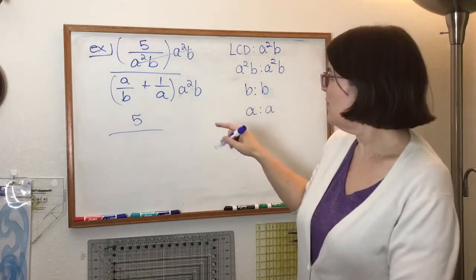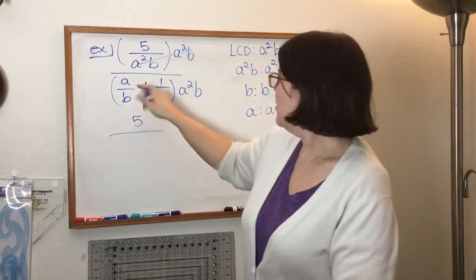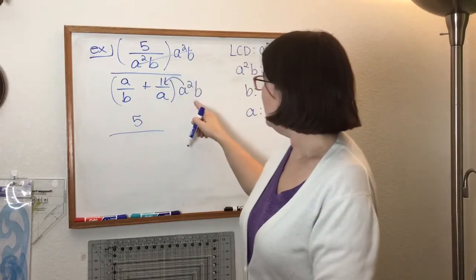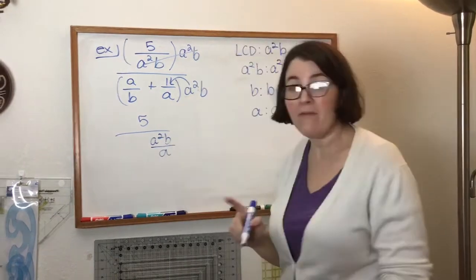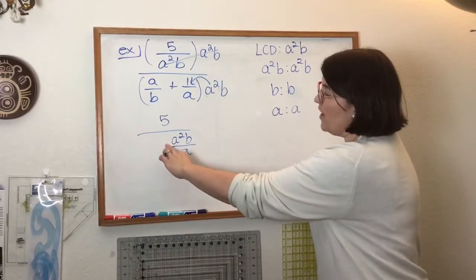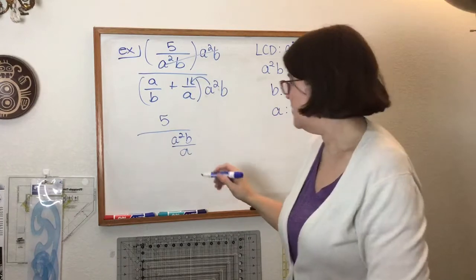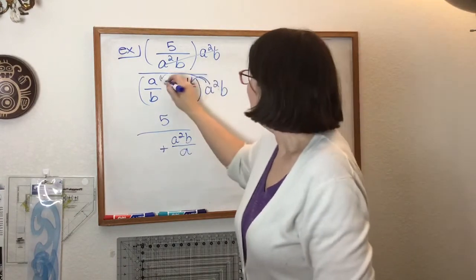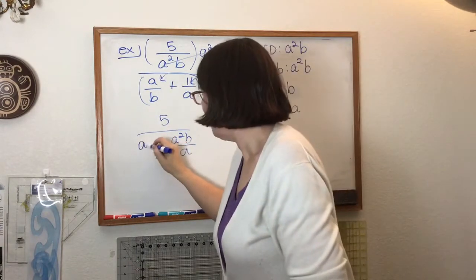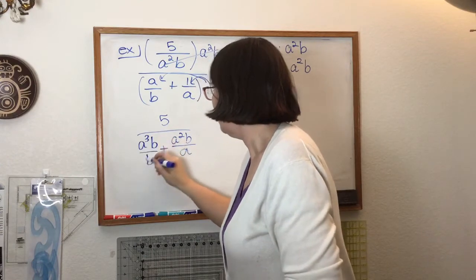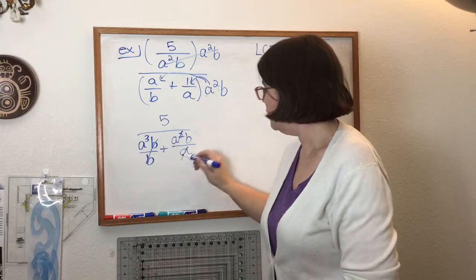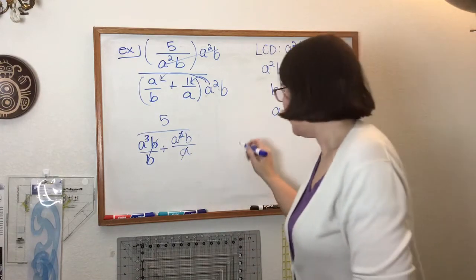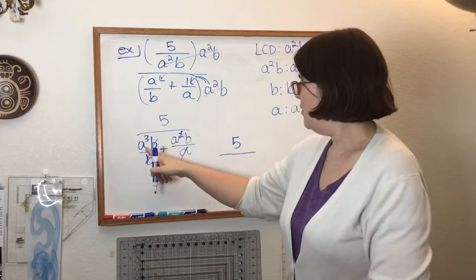Now, this one's a little bit trickier. This one I'm going to have a squared b times 1, which is a squared b over a. However, we know, because these are both a's, that we can reduce them and get rid of this a in the denominator. Okay? This one I get a times a squared. Remember, add the powers, over b divided by b. So here, the b's are going to reduce. Here, I'm going to lose an a on each. So I'm going to end up with 5 over a to the third